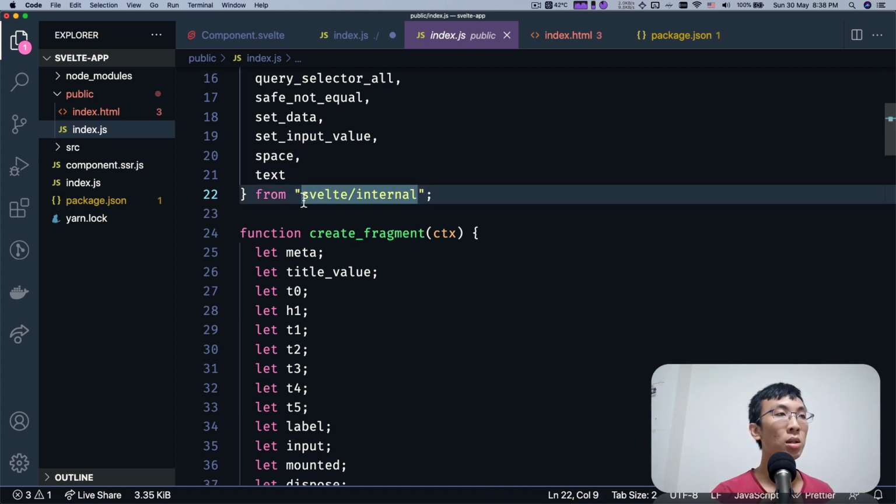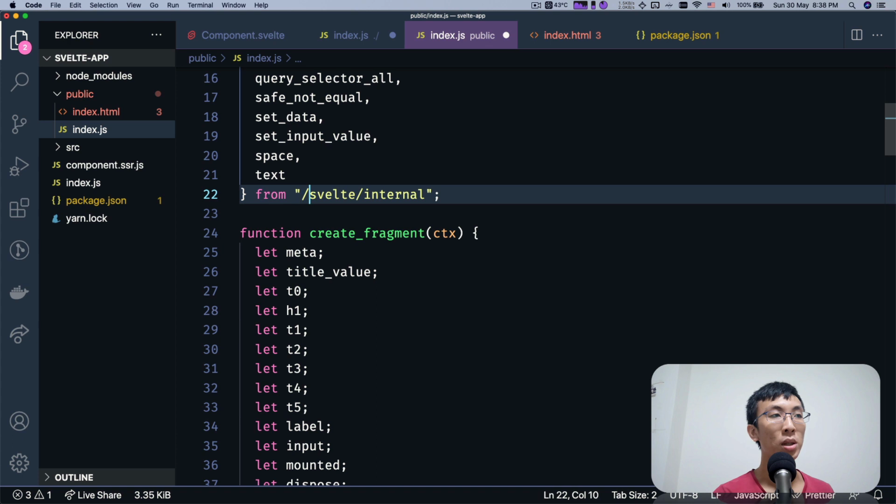First thing is, this is not a valid import statement. You can't really import like this. It's either where you start with a slash, which means absolute from the root folder, where root in this case is the public folder, or relative to the current file, which is public/index.js. So what we're going to do is copy this file from the node modules and paste it into the public folder.